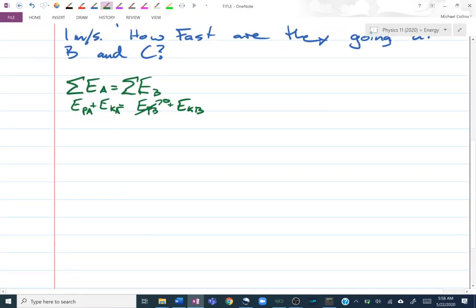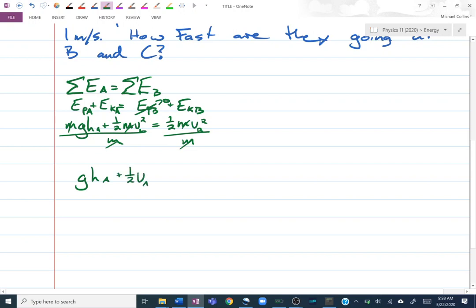So let's look at potential energy at point A is going to be mgh at point A plus a half mv at A squared, and that's going to be equal to a half mv at B squared. You notice how, again, every term has mass in it, so we can cancel it out. I end up with gh at A plus a half v at A squared is equal to v at B squared over 2,